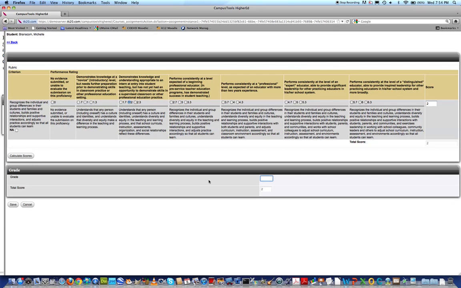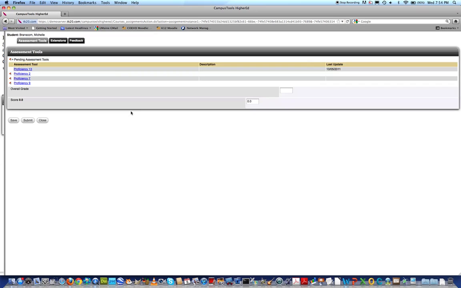and up until October 14th, you will need to enter a grade. After October 14th, you do not need to enter a grade here. So we will put in NA for a grade, and we will hit Save. We will go to the next proficiency,